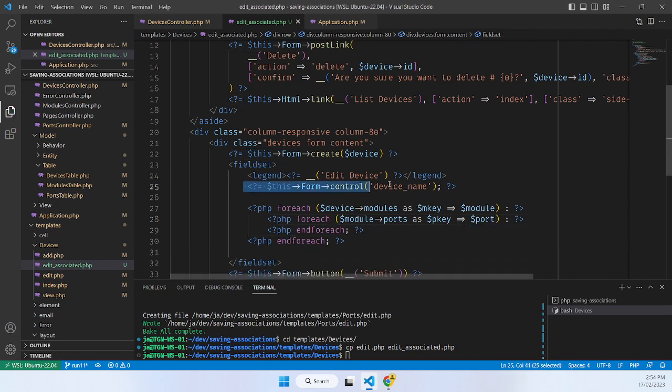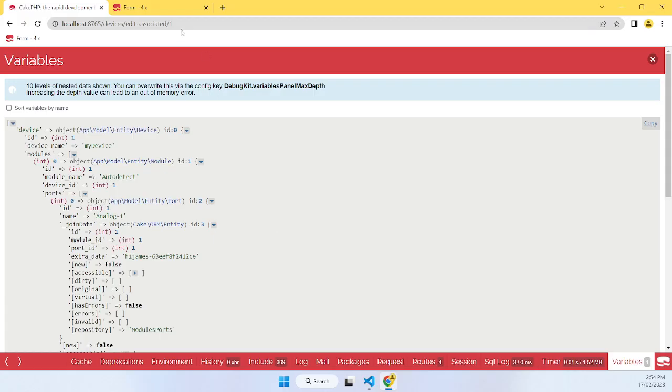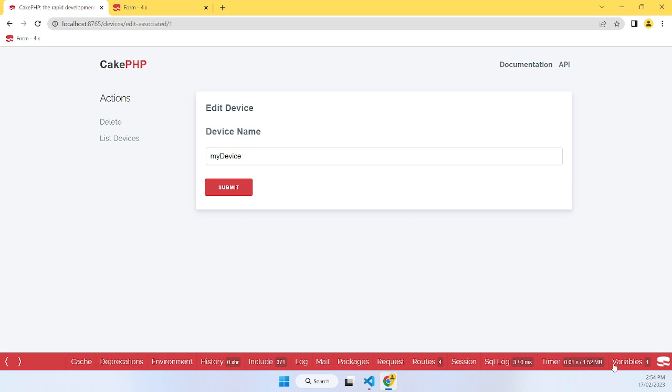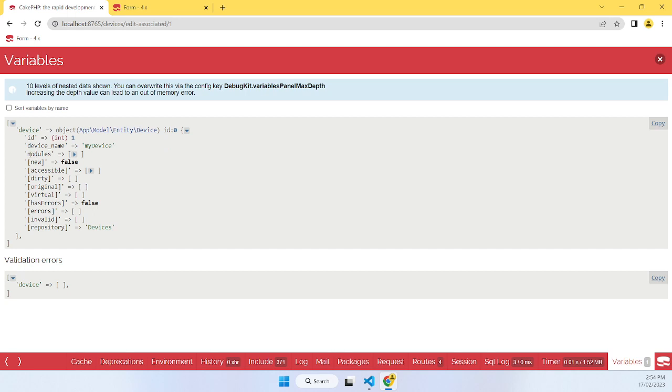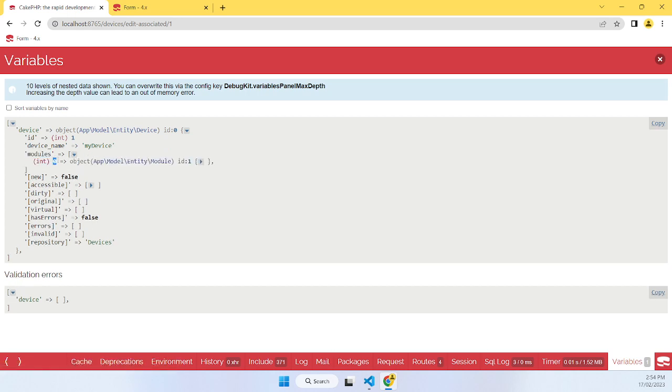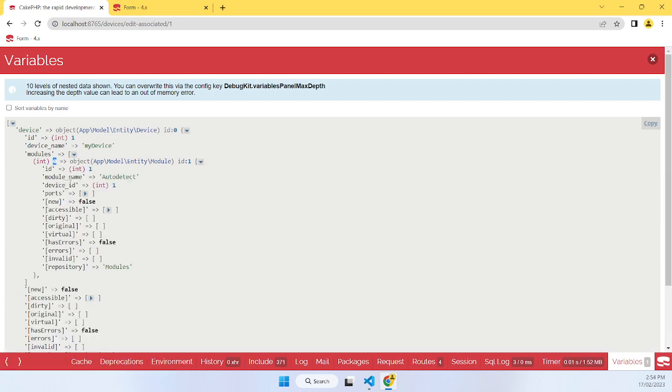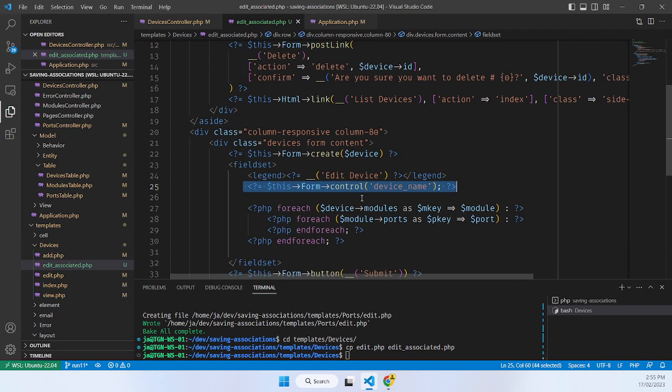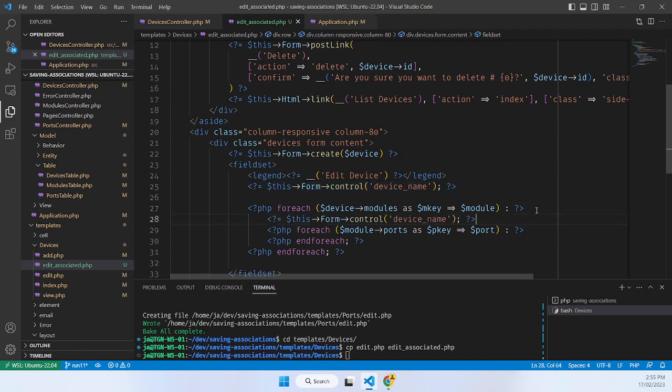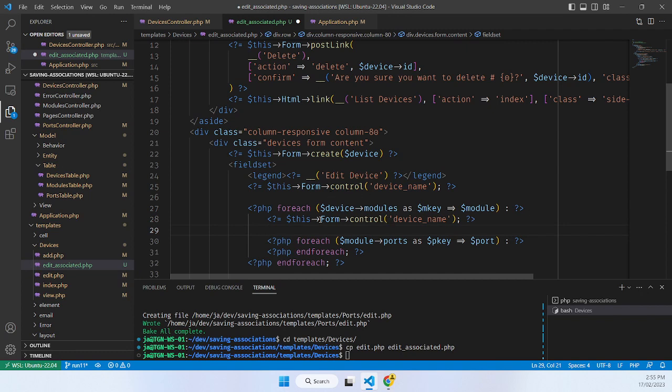So next step is we need to know how to display these related records. Looking at our variable here, it gives us a hint. It's basically we're building a path. So we want modules, the array key value, and then the entity's field name that we want. So it's modules 0 module name. Let's do that. So we copy an existing form control method, and we're going to use this double quotes string interpolation thing. And so what we need is module name for this,